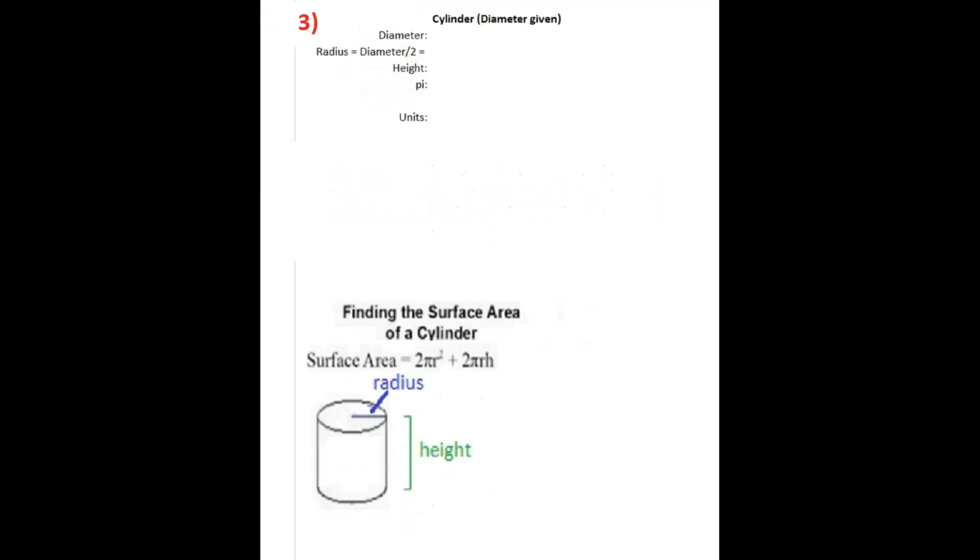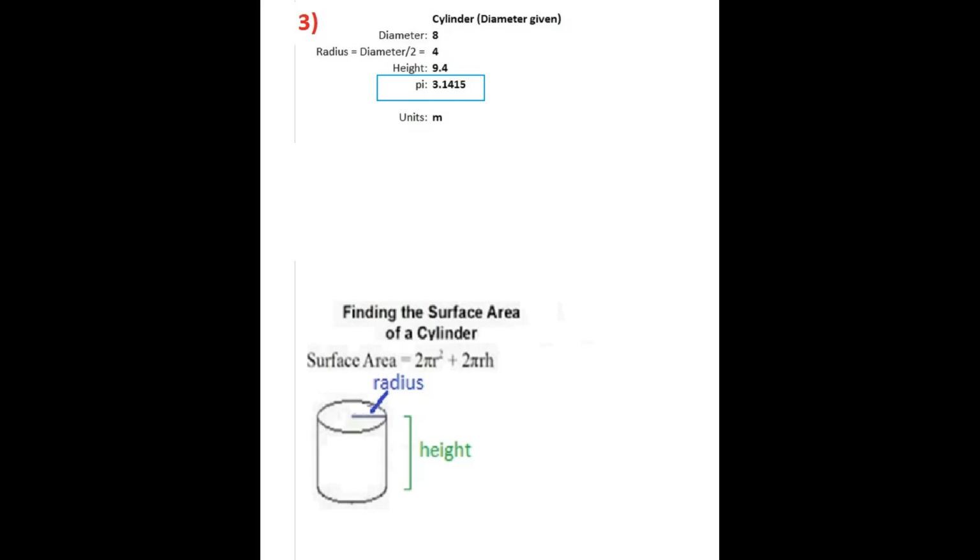And moving on. Number 3, we have a cylinder here with the diameter given. And whenever you have a diameter, that means you have to divide by 2 in order to have your radius. So the diameter we're given in the problem is 8, but we know that 8 divided by 2 is 4. That's our radius. Our height in the problem is 9.4. Units are meters, and for pi, I'm using